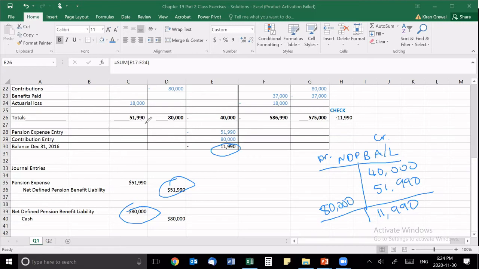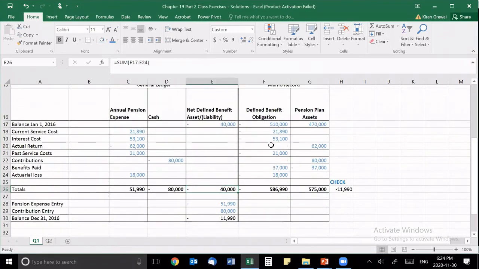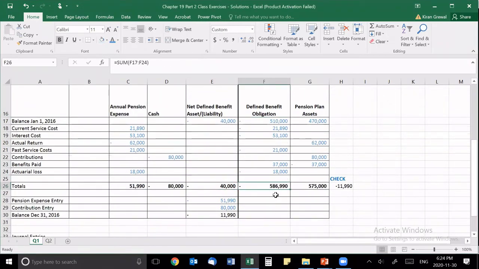Make sure you have your debits and credits or your negatives and positives done correctly, because if you don't, then that's going to mess up your calculations and your totals. All right, one way to check if you did this right is we know our net defined benefit is going to be the net amount of our asset and liability. So we have here showing what our ending amount of our liability is and what our ending amount of our asset is. If we take the difference between those two, so the difference between our negative 586,990 and our